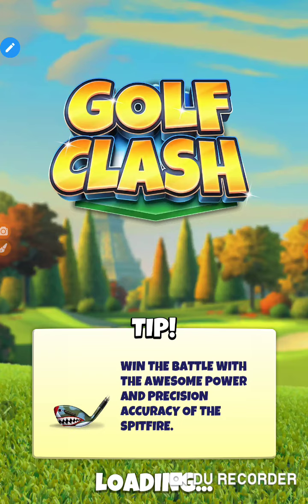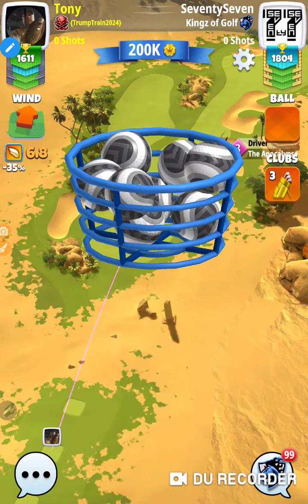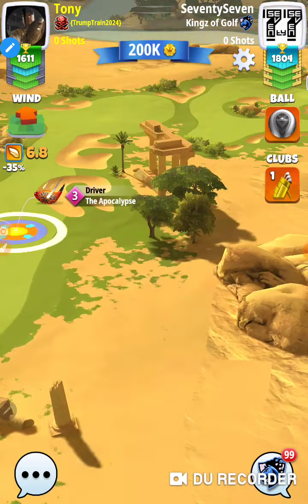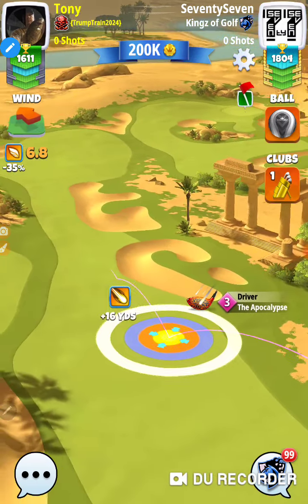Maybe we can get out there on the course. Maybe. Let's see what hole we get. Let's get one of the Jamel. I think this is one of them. Now with this kind of wind, we can go straight down there and get a little bit of extra